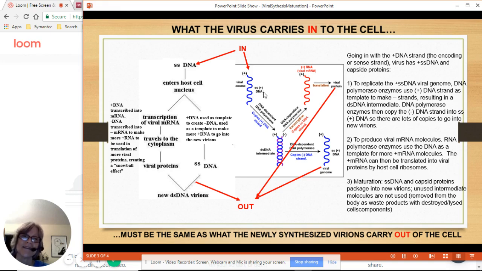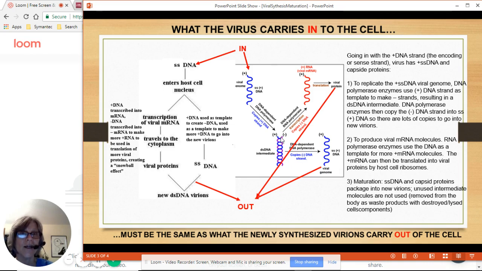as a template to build negative DNA strands, which gives us this intermediate double strand. We then use the positive to build more negatives so we can use the negative strand to make more positive strands. So you can see how this snowballs. The more negative strands we have, the more positive strands we can build from that template. So we'll go back and forth, making more negatives to make more positives with this double-stranded intermediate, so that we